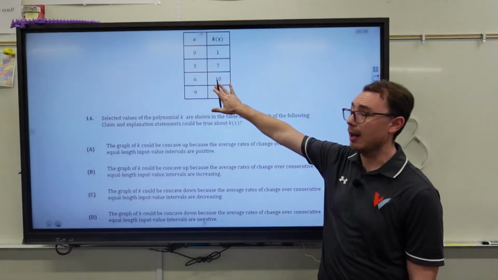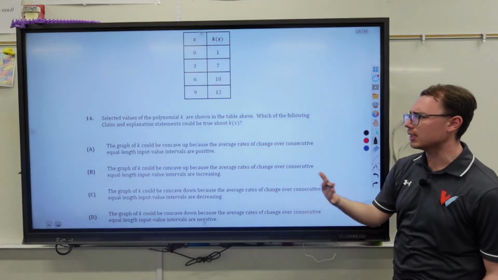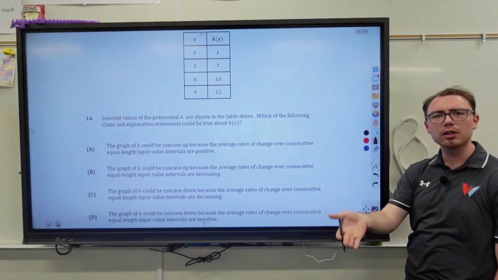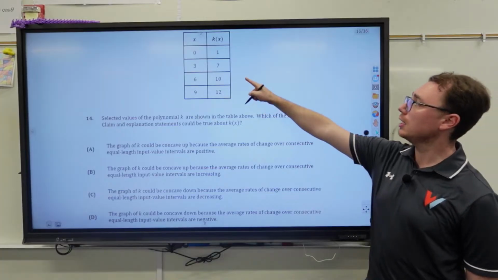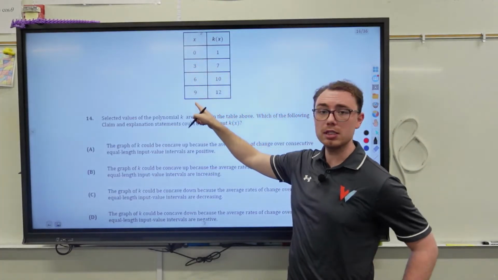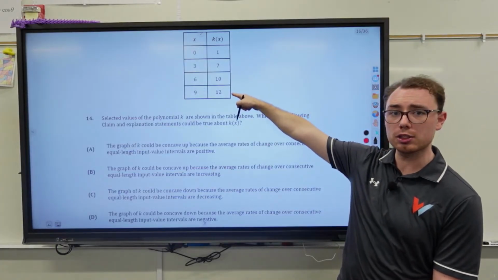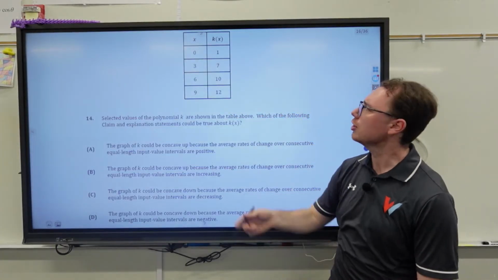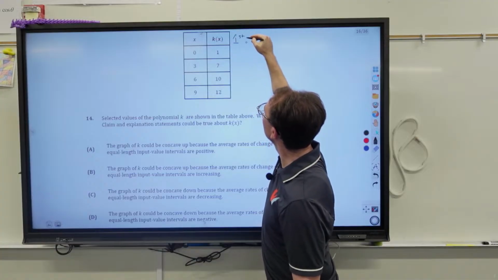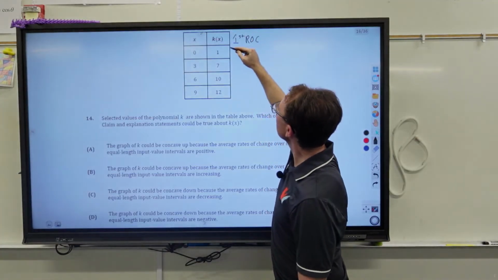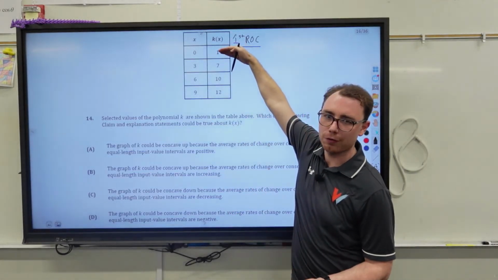Well, before I even attempt this problem and I read these answers, I know it's looking at like the second, third, fourth changes for this problem here. Well, I can see that the x values here are increasing equally, so I can actually find the rate of change for this problem. For these rate of changes here, the ROC, the first ROC here